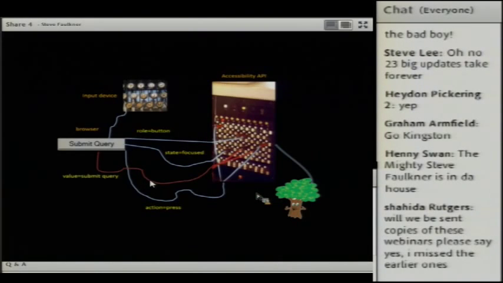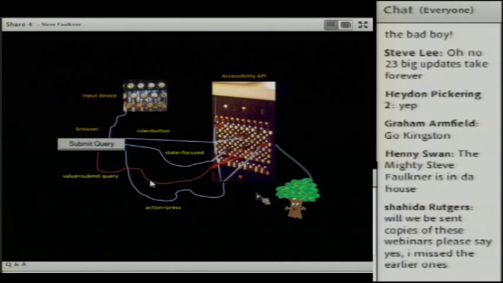So this is my standard slide for explaining how things are hooked up. Essentially, if you've got something like a submit button, which is your standard HTML submit button, it has an input device, in this case a keyboard, hooked into it. So when you do something with a keyboard, namely enter or spacebar, that activates the button.